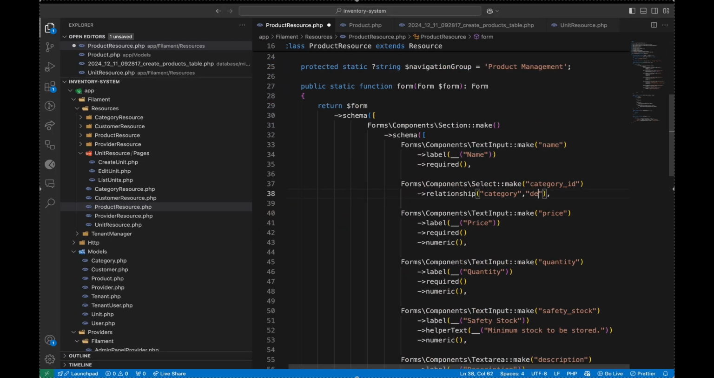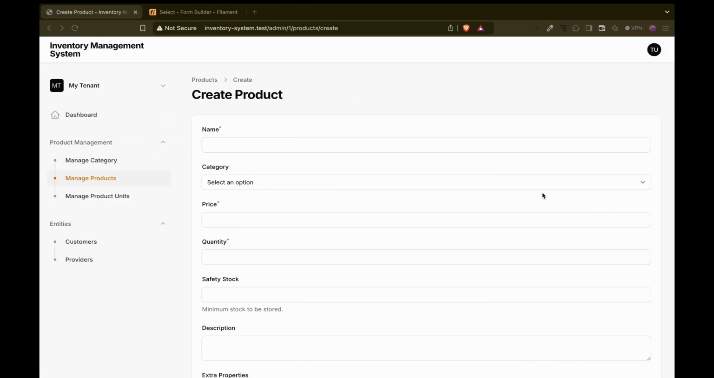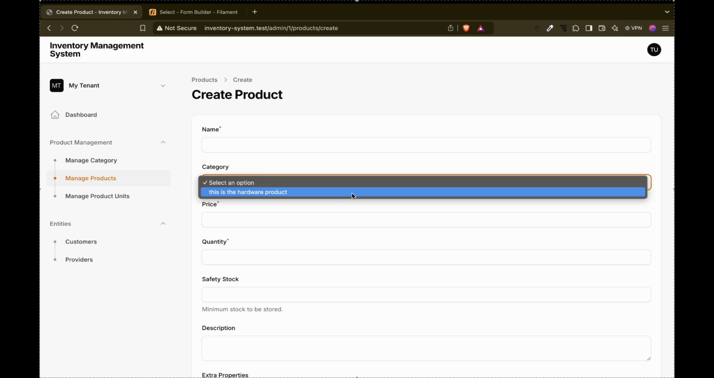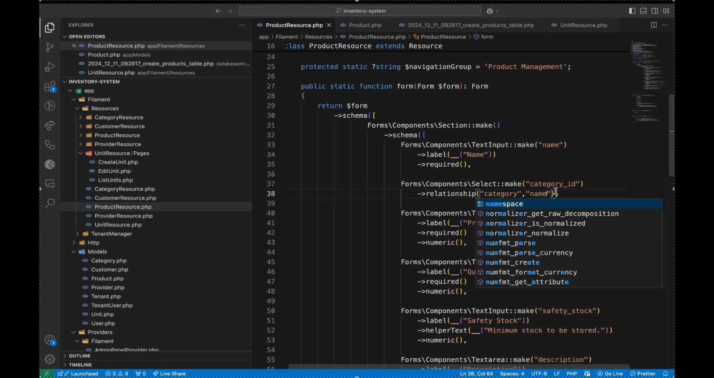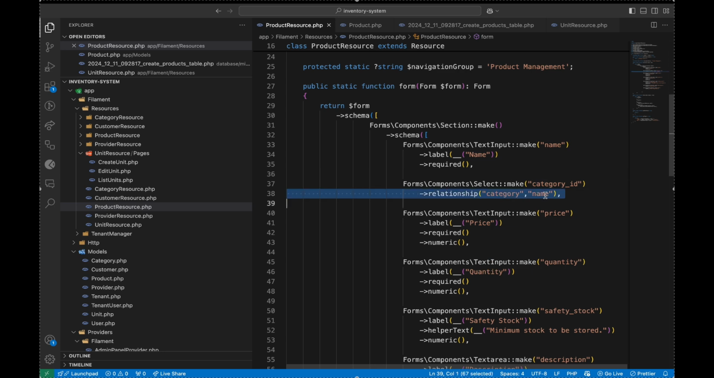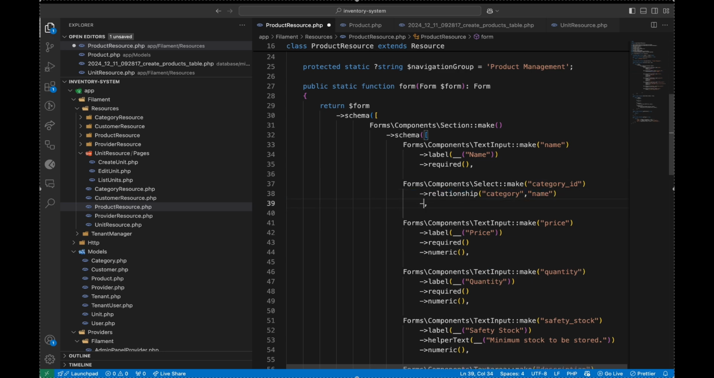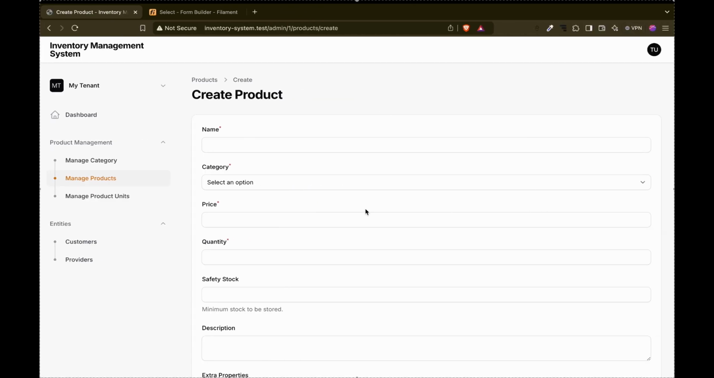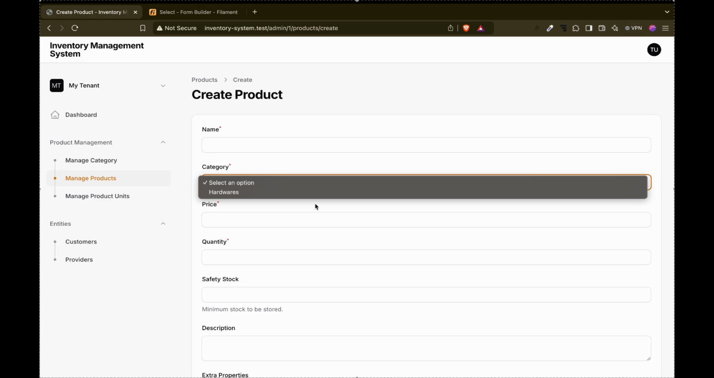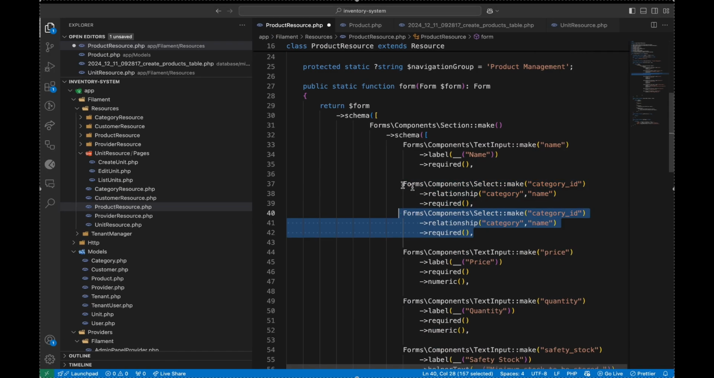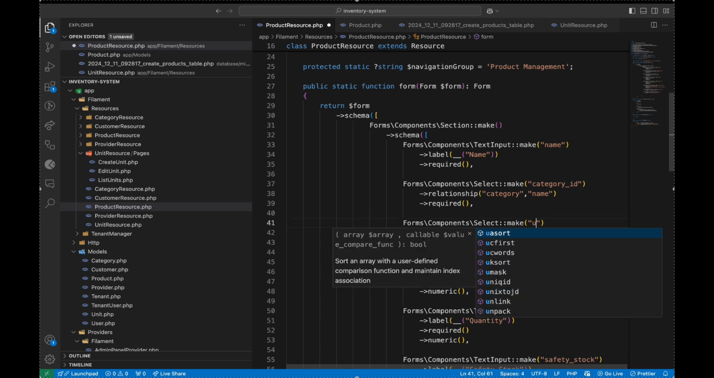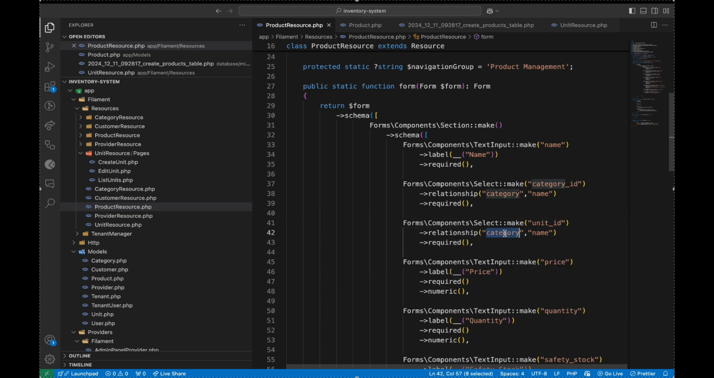If I do description and refresh, now description will be shown. So I just want to show its name. There it is, okay. And obviously it is required, right? Yeah. Okay. Similarly, now let me just duplicate this, and now I will add for unit ID, unit,